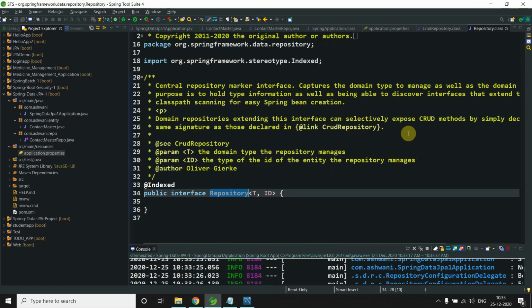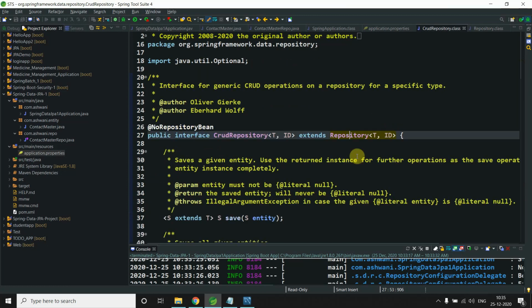When any interface is a marker interface, the JVM is responsible to give an implementation, the predefined functionalities. If you are extending this, then there are some predefined functionalities for that, so the JVM will give that functionality. Okay, so in this case, what does this repository marker interface mean?